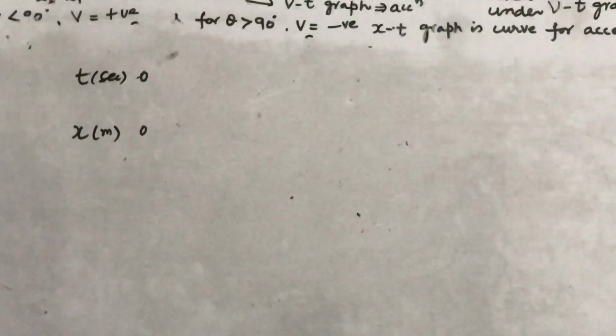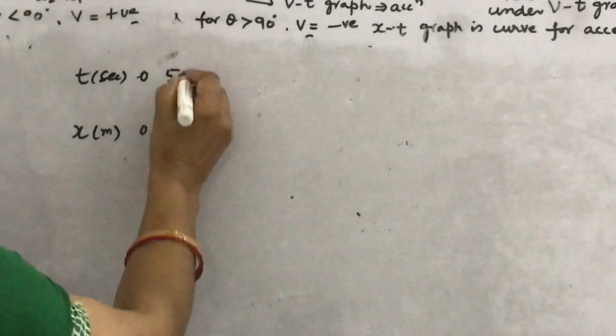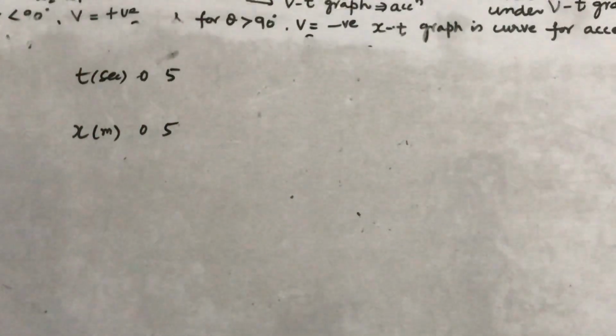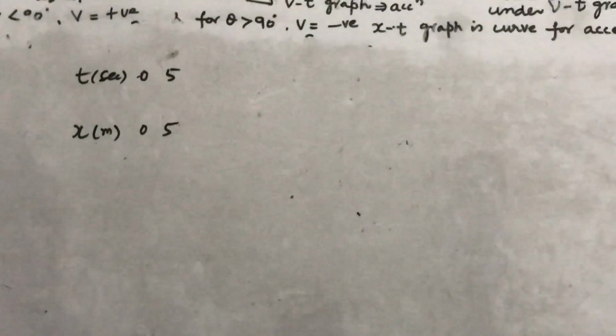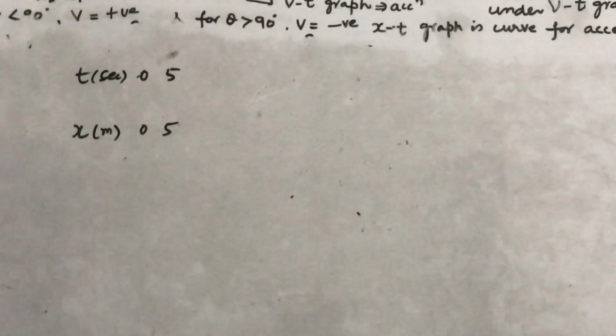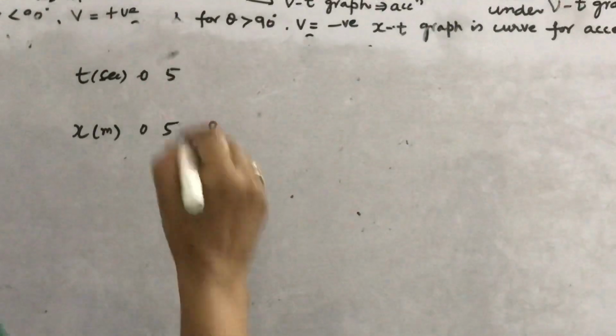What happens? The man walks 5 steps. How much time will he take? 5 seconds, each step takes 1 second. So what will you write here? This 5 and this 5. Then what happens? He comes 3 steps backward. Then this is the distance. Distance will be 8 steps. What will you write here? The second one, 8.